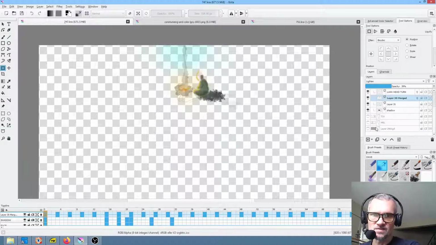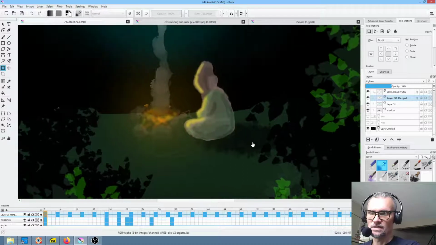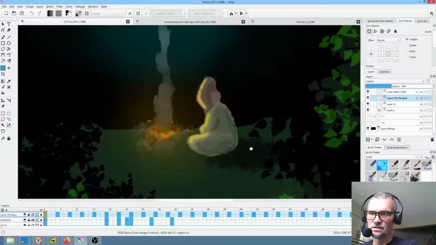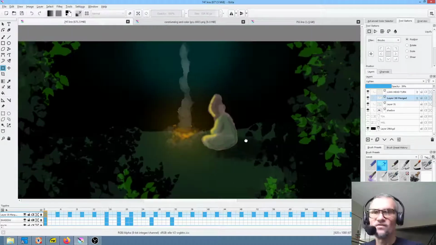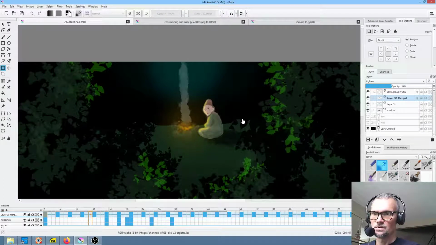Now, in order to make this play, I'll turn the background on so you can sort of see what's going on, because obviously it's fairly fuzzy, but at actual size I felt like the level of detail was suitable. So I really just drew the silhouette of Luca's head turning, and then